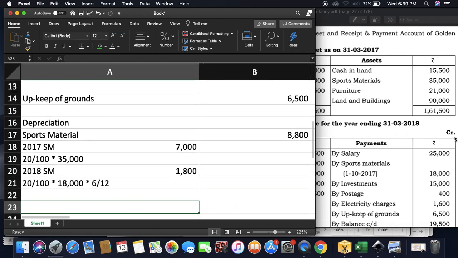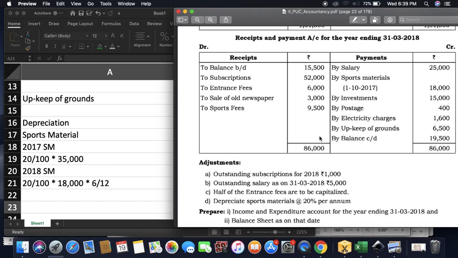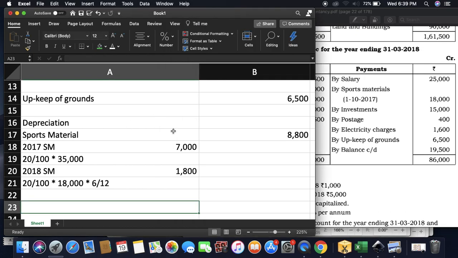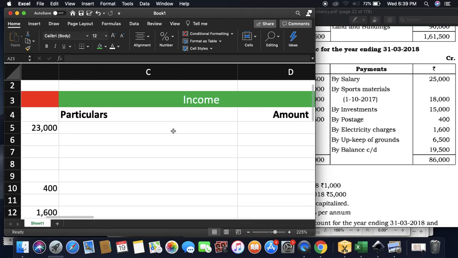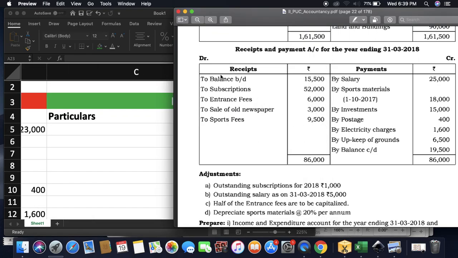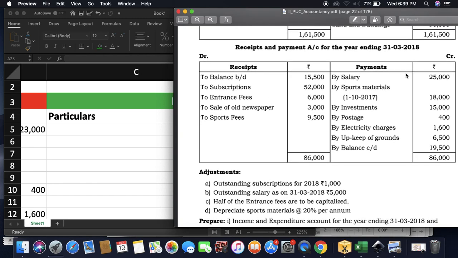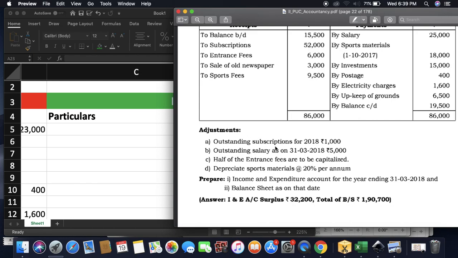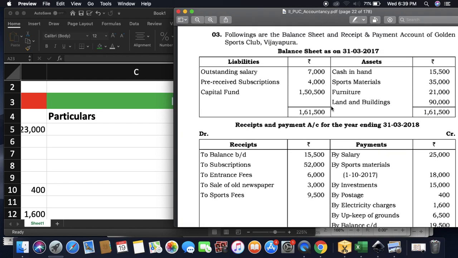So we are done with the payment side. Now quickly let's come to the income side. I'll move it over here. And now this balance brought down is the cash in hand which was there at the beginning of the year, which we need to conveniently skip. We don't need to take this entry. Starting from your subscription, we do the same procedure as we did over here. We go down and check if there is any outstanding subscription for this year. This we need to add, and last year's, if it was there, we have to minus it. Yeah, last year we had received